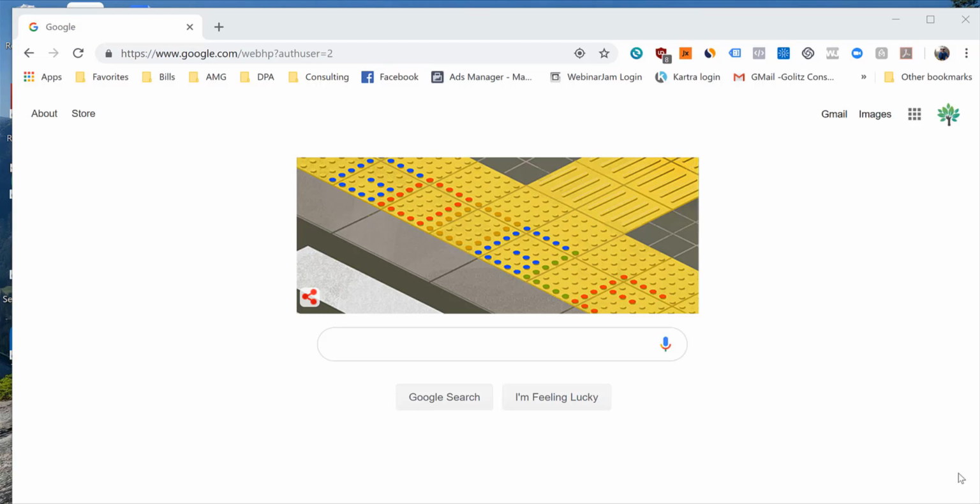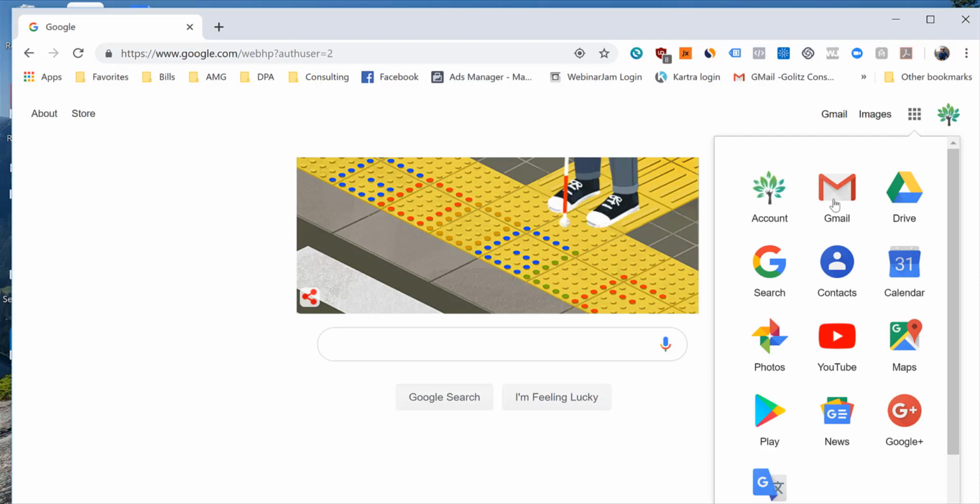Today we're going to do a tutorial on how to install Gmass onto your Google Gmail. So the first thing that we're going to do is go over here on the apps and make sure you are on the right account. I'm using my daughter Samantha's account as a demonstration, so we're on that account. You just hover over this little icon over in the upper left. And then we are going to go and open up Gmail. So we'll click on this account, on the Gmail icon,